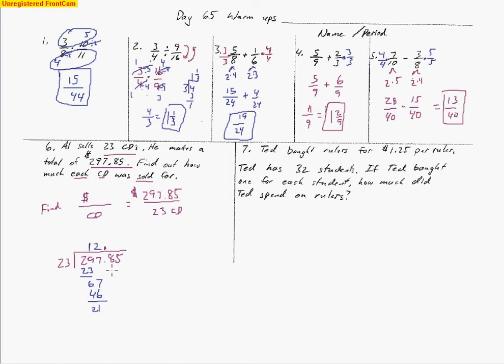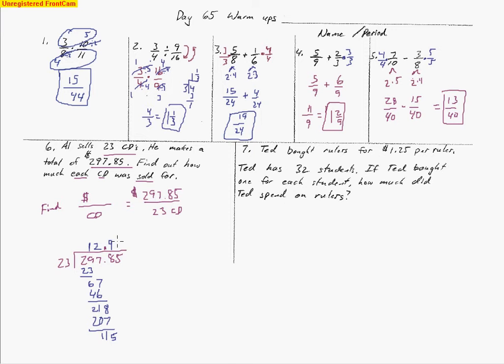So we bring down this 8, and now 23 into 218. Let's go with 9 times. 9 times 3 makes 27. 2 and 9 make 18. Then carry the 2, we get 20. Do the subtraction, we're left with 11. Bring down the 5, and 23 goes into